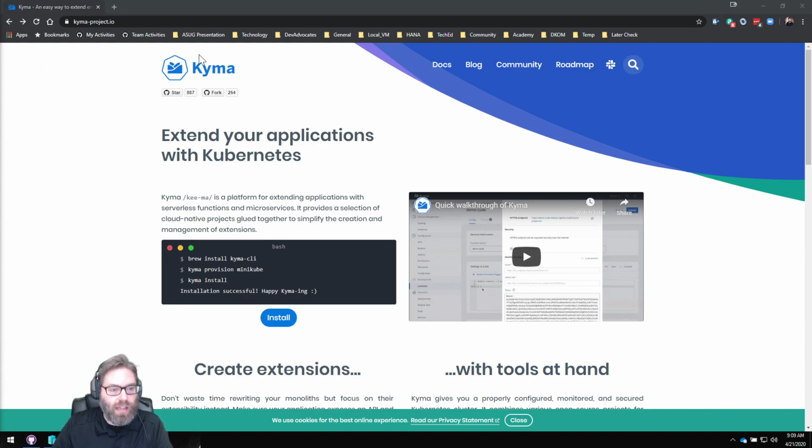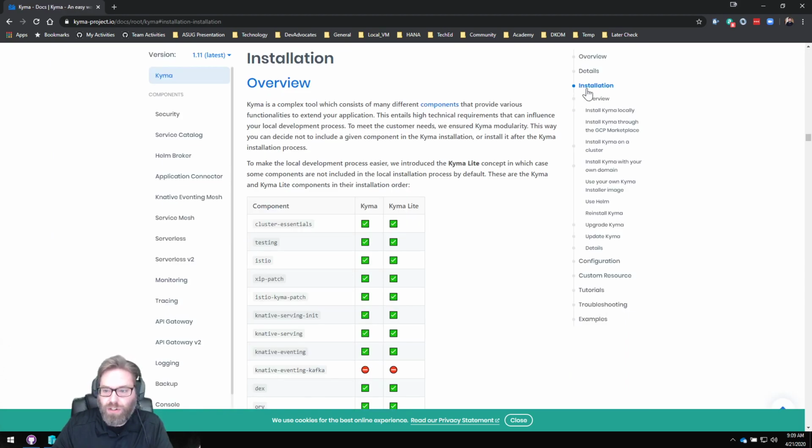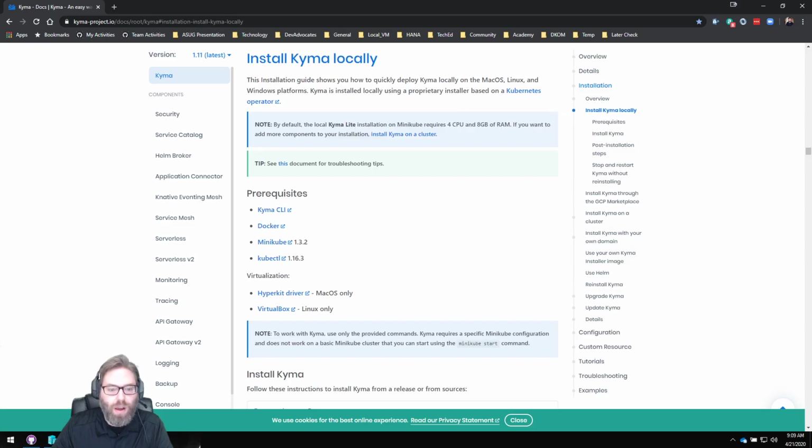If you go to the Kyma homepage, so that's where I am here, kymaproject.io, I'll just start with the installation instructions. There's some very nice instructions here. I want to install Kyma locally, so I'll go to that option. It does a nice job of gathering the hardware requirements and the various prerequisites that you're going to need to install